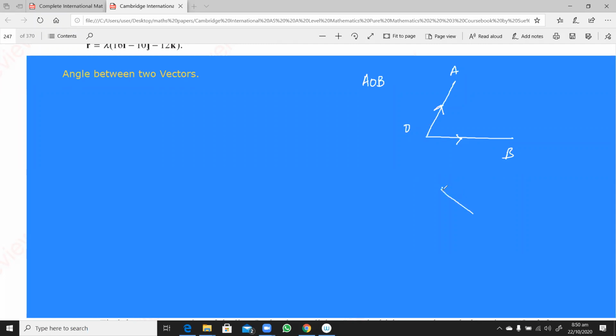Now, this could also be like this. For example, you have to find the angle PQR, okay? So for this, you will be needing QR and QP. Now, when you're finding the angle between, just a required angle, if it is an acute angle, your answer will be acute. If your angle is obtuse, you will get an obtuse angle through the calculation.